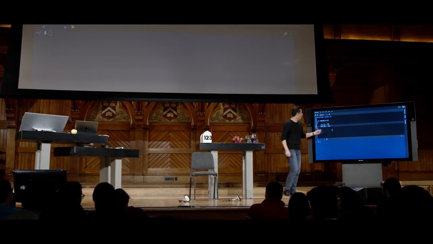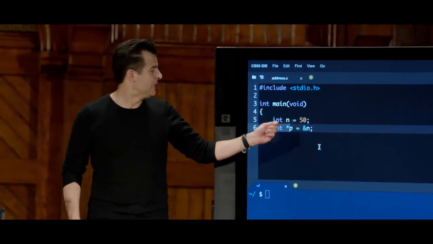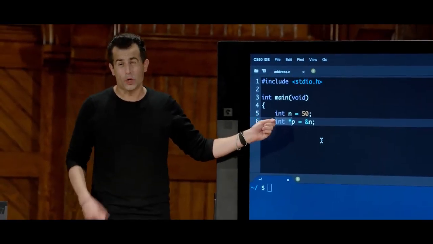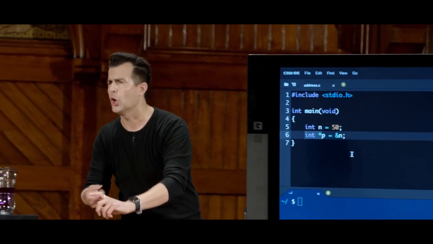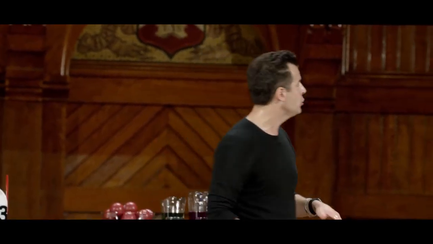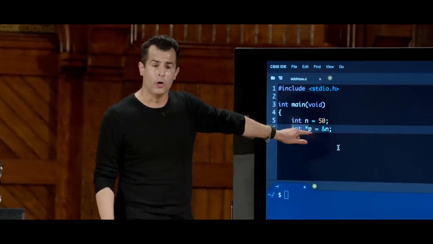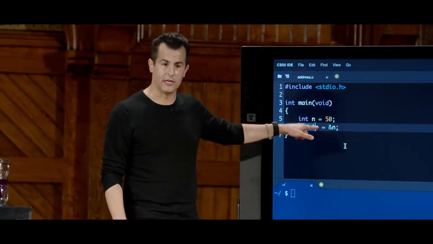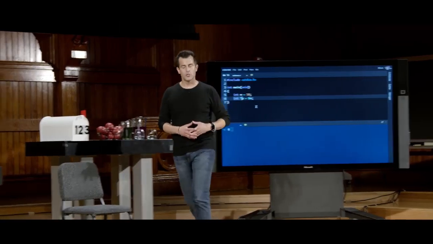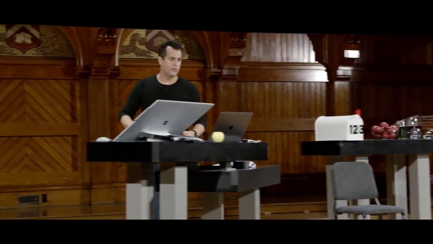And a pointer is denoted with this star. And the int just means this is the pointer to an int, or it is the address of an int. And we'll see later we can do floats and chars and bunches of other data types too. This just means that p is a variable that's going to contain a pointer to an int, aka the address of an int.